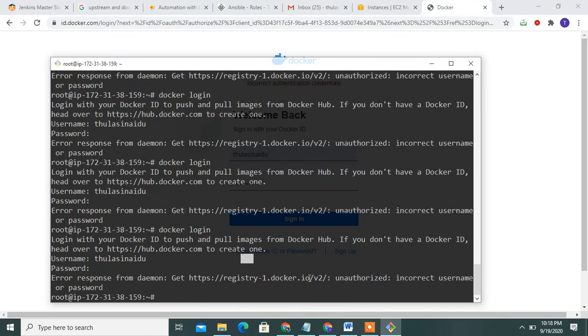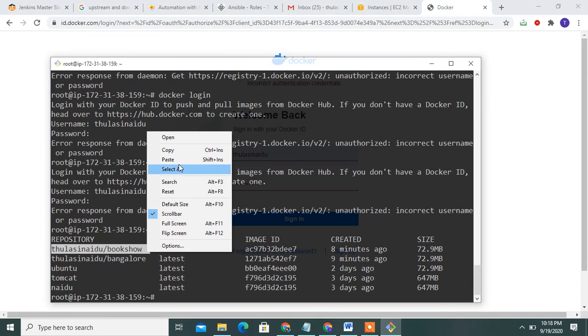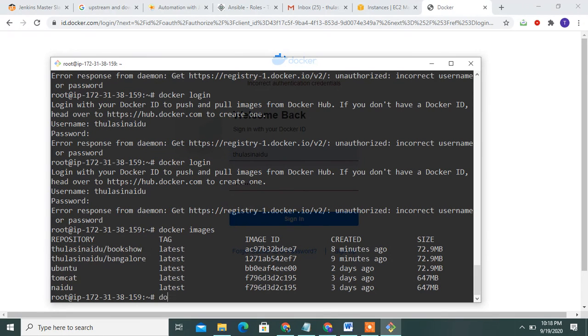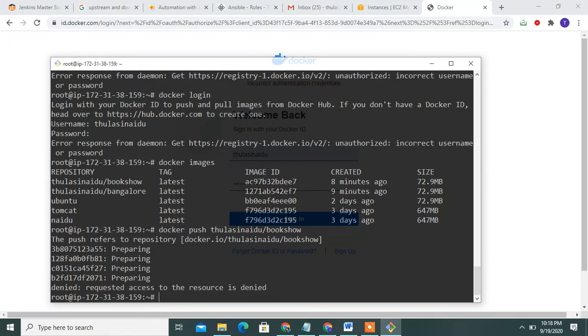Once you log in successfully, check the images, copy this image, and copy the docker push command. You can store it directly in your Docker Hub.